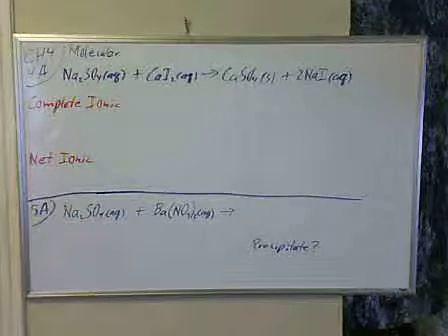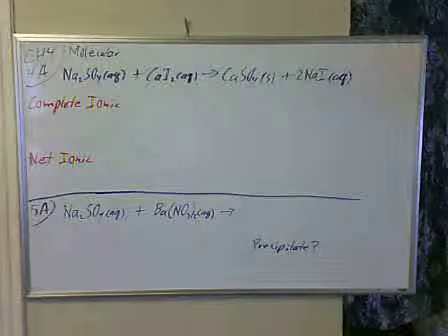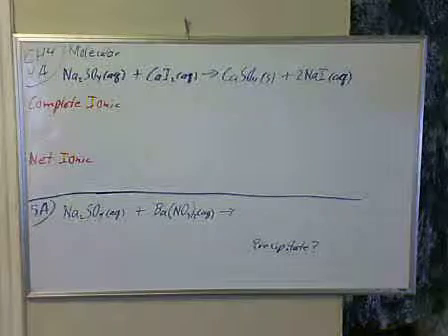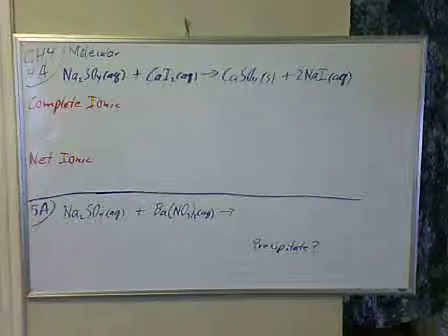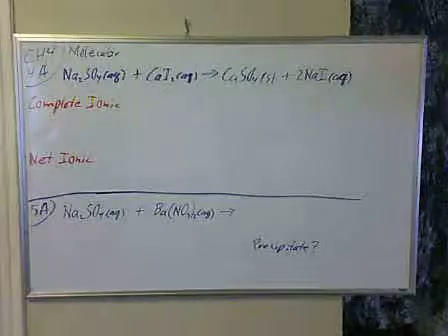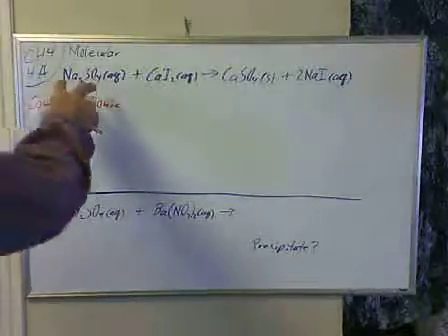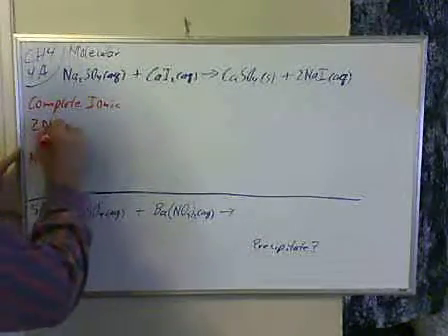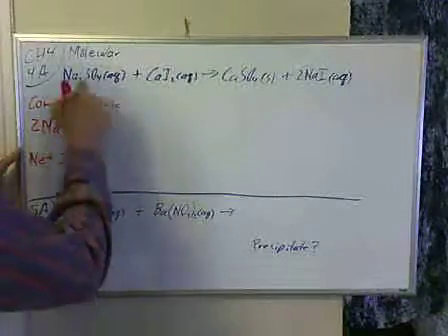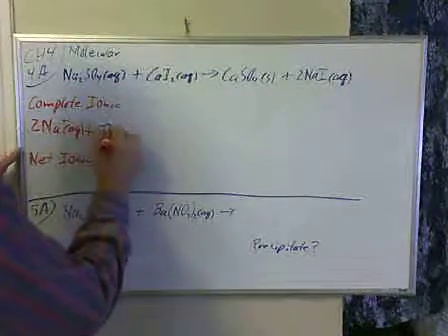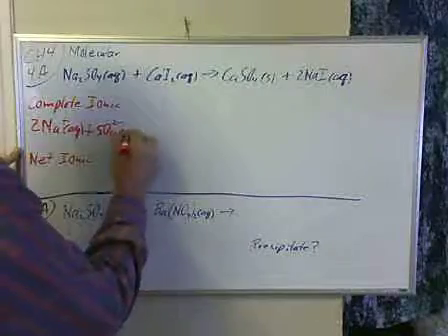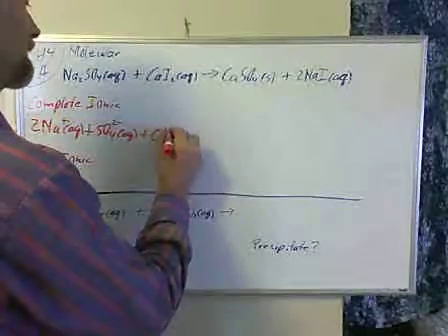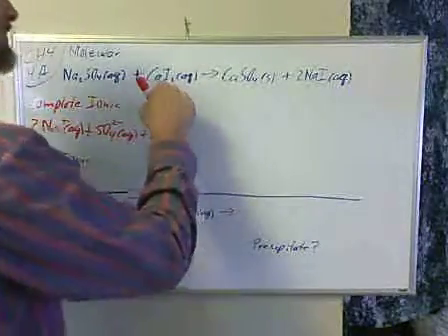We have a molecular equation of a double displacement precipitation reaction, and we want to write the complete ionic and net ionic equations. To do this, we're going to break all our aqueous ionic compounds into cations and anions. So sodium sulfate will produce 2 sodium ions, plus a sulfate ion, plus calcium ion, plus 2 iodide ions,